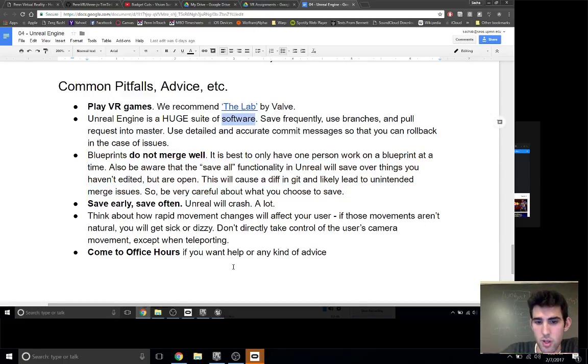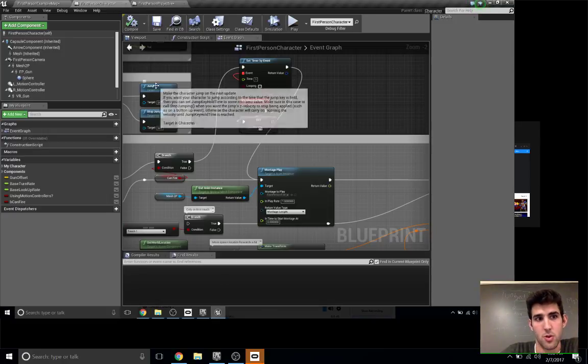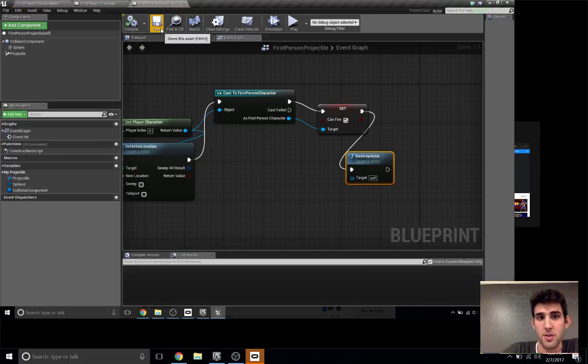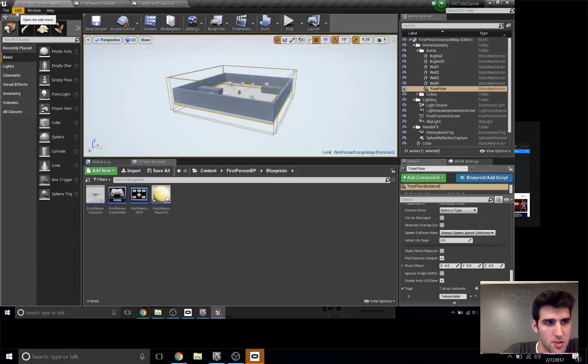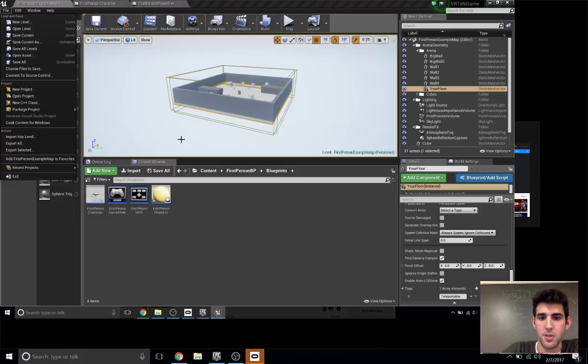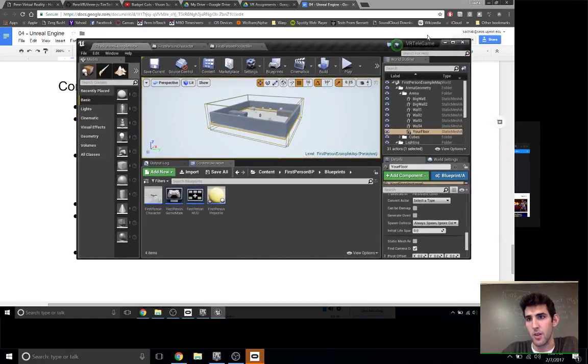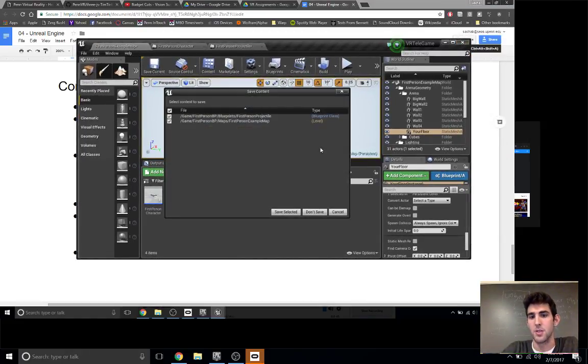Also, this one above is a little bit important. We used Unreal for a pretty good while today and it didn't crash, which is good. That doesn't always happen. So save your work as much as possible, and note that saving this doesn't save this. There are buttons like File, Save All. It's useful, so just beware of what you save and what you don't. You can have the editor open, and if I try to close this right now, it'll tell me that I have unsaved stuff. If you've committed to Git and haven't saved these things, other people on Git won't have your changes because they weren't saved before they were committed. So make sure you save before you commit, otherwise you'll run into merge headaches.